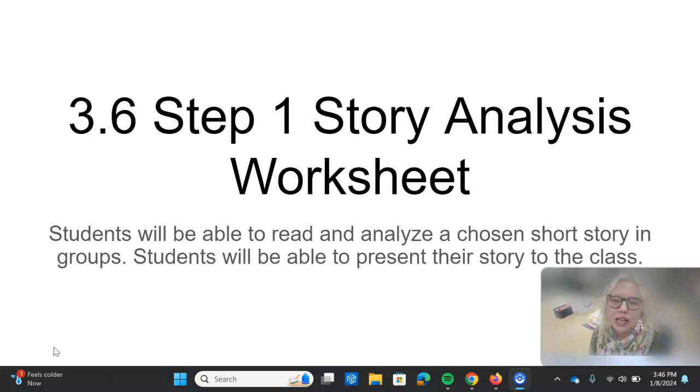So you can work on this together. You can have one person do one part of it and another person do another part. I don't care how you work together as groups, but your goal is to complete the story analysis worksheet after you read the story. And then the second step is to plan the actual recording that you're going to do,